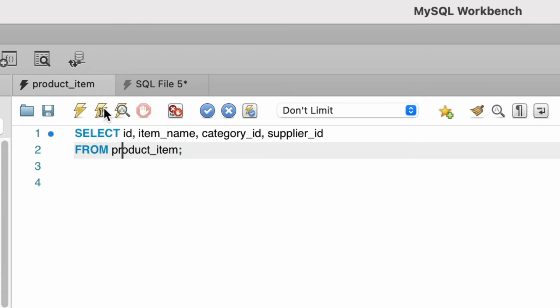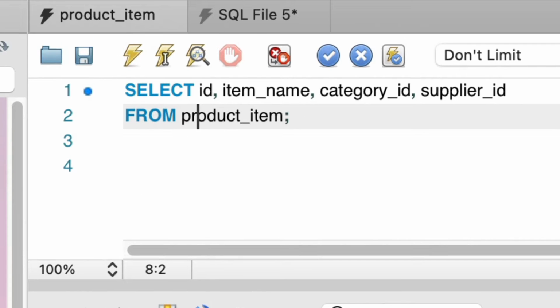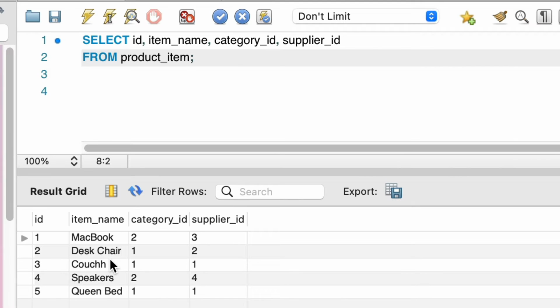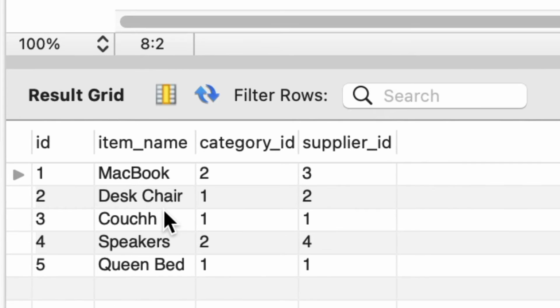Do you want to update data in a table but don't want to spend the time to write an update statement? You can do this pretty easily in MySQL Workbench. First, run a query that selects data from a table. The main thing to remember is that the query must include the primary key, so MySQL Workbench knows which row you want to update. We can see the results here.